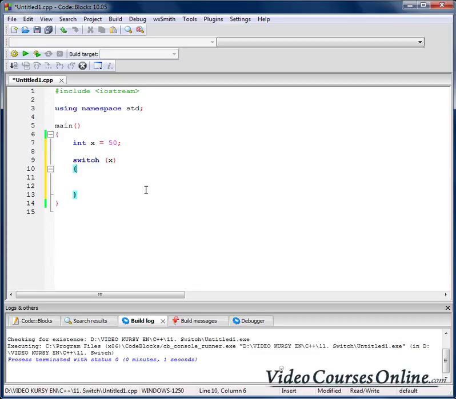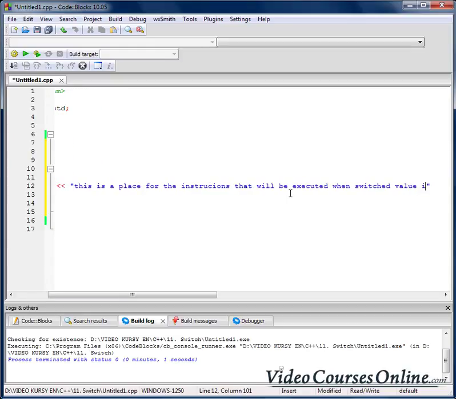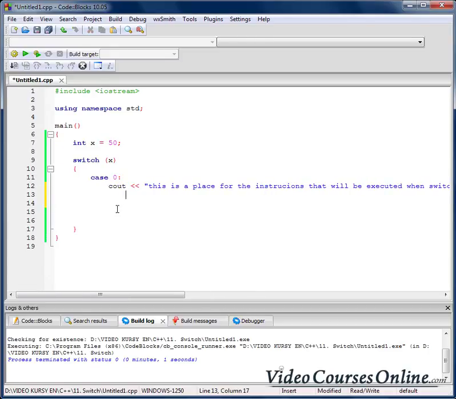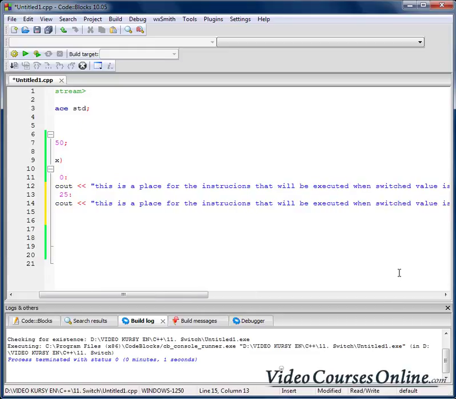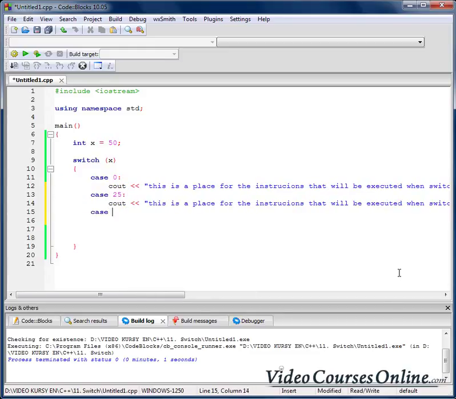And now we can create cases that may happen. For example, case 0. So, for example, this is a place for the instructions that will be executed when the switched value is equal to 0. Okay? Now let's make another case, for example case 25. This is the place for when it's 25. Now case 50,